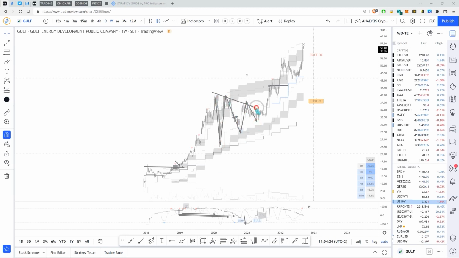is done. So we had a pullback which took the nature of a symmetric triangle, and it doesn't care about the structure. It just assessed that we need to go from trend channel boundary to trend channel boundary multiple times, and we need to terminate a cycle in here. We also need to retrace at least 23%, which has been done in here very clearly. And that's it. So we've got our pullback, and we know that every pullback is going to be broken to